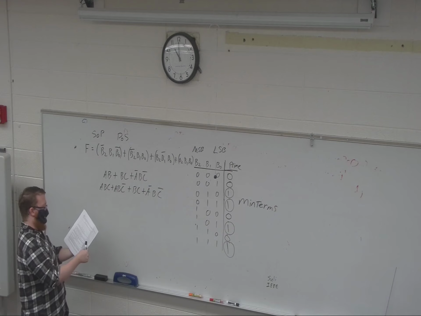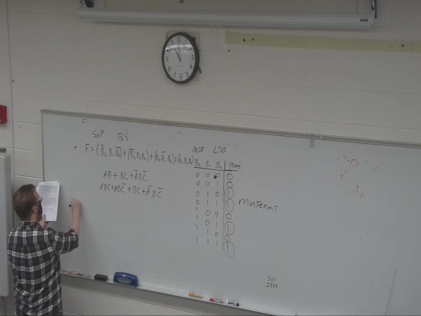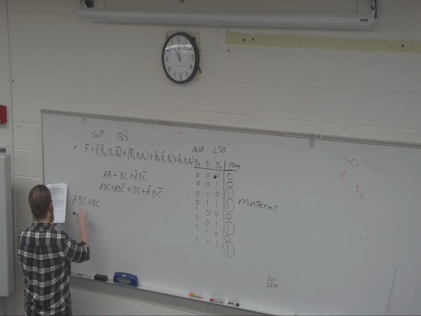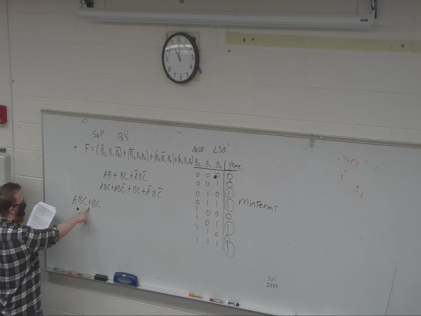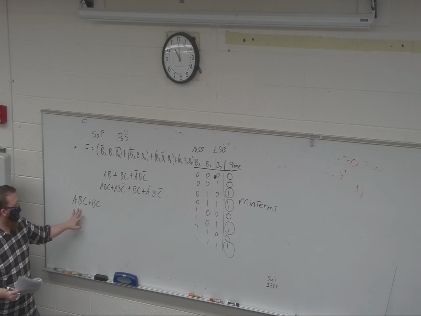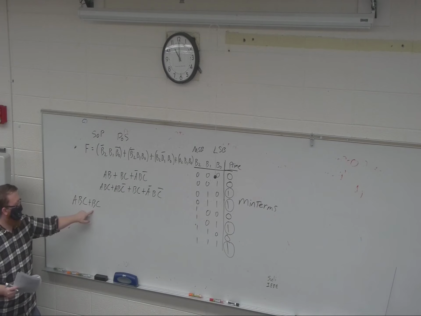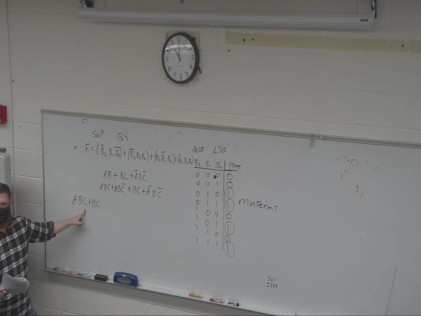They're calling it absorption, which, if you have ABC or BC, right? You'll notice that you have B and C. This has to be true if this is true, right? Because in order for this to be true, I need 1, 1, 1, and then B and C is 1. So this term becomes completely redundant,